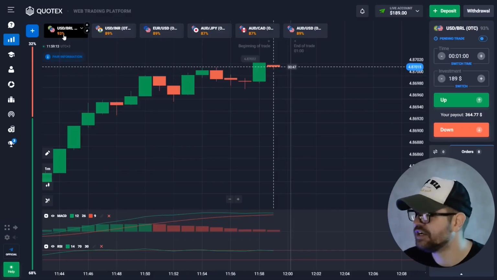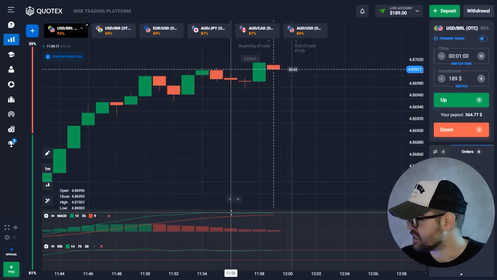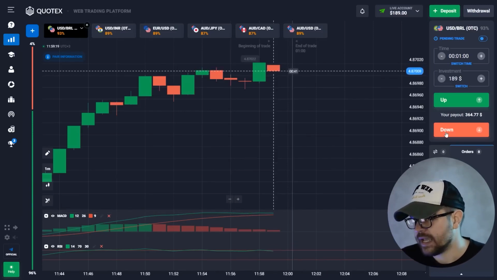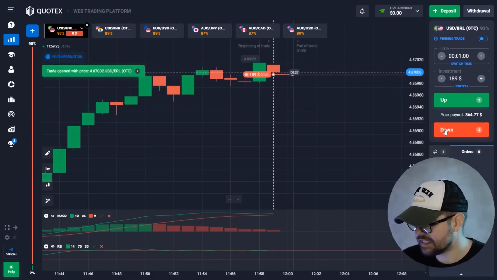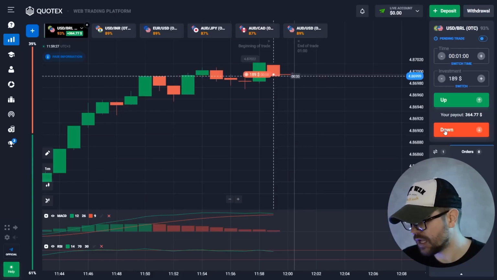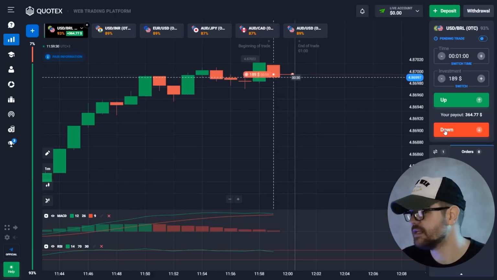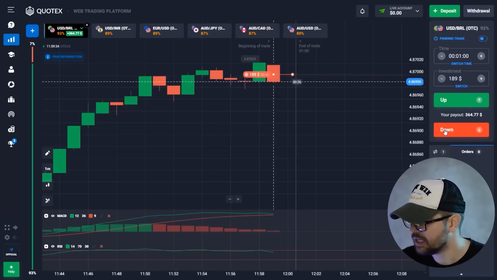So let's go and start straight away with today's session. We're gonna start with, I have here $189, and straight away I'm gonna go ahead and place a put option because I see that in MACD you see that basically the price has been collecting at the top of the